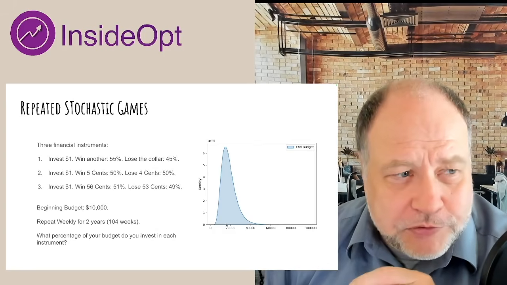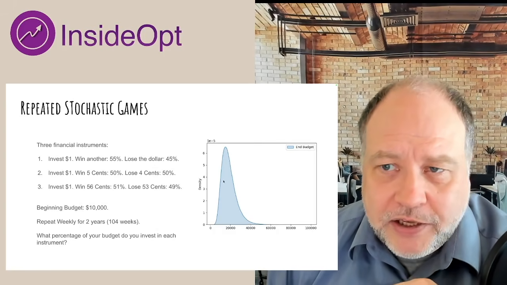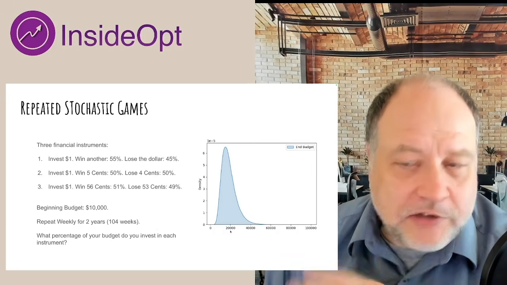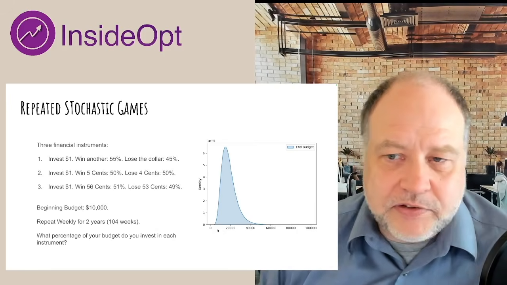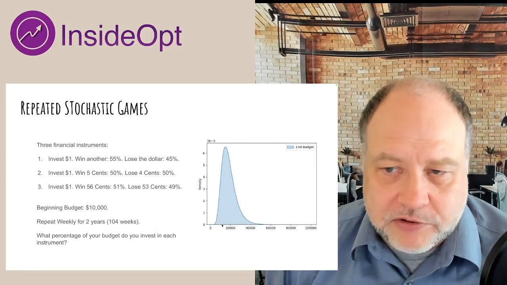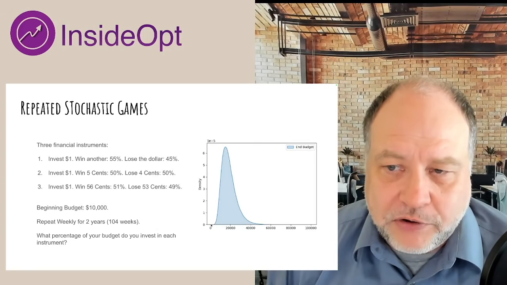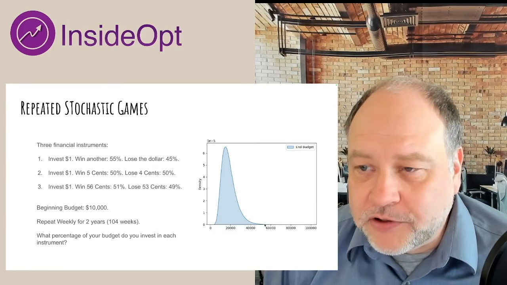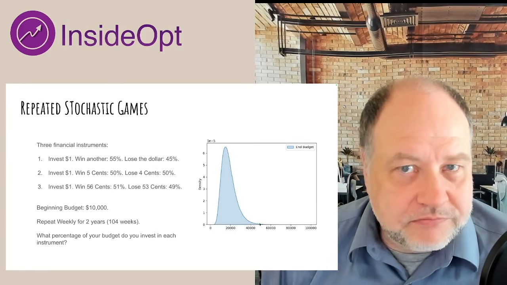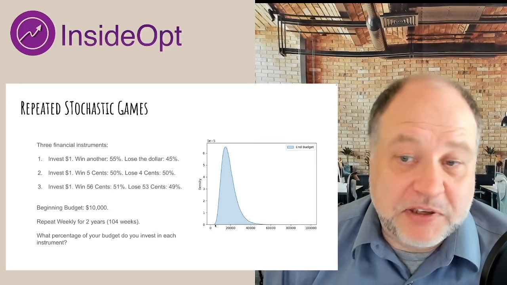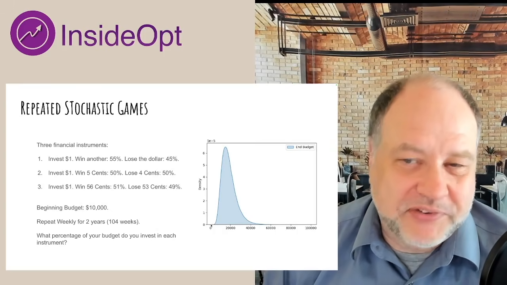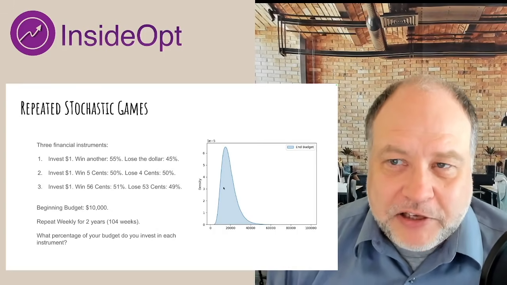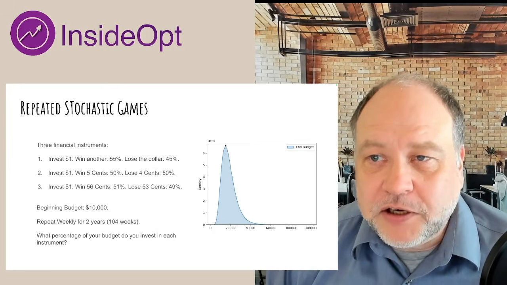And now what you see in this slide, this density curve, tells you essentially how likely it is that a particular outcome could happen. So here you see that the outcomes vary somewhere between $1,000 and $55,000, something like that. Or maybe between $4,000 and $55,000, something like this. And you also see that there's a big peak here around